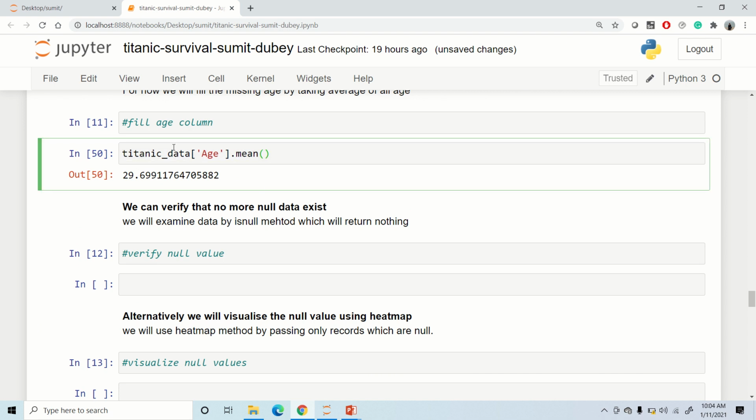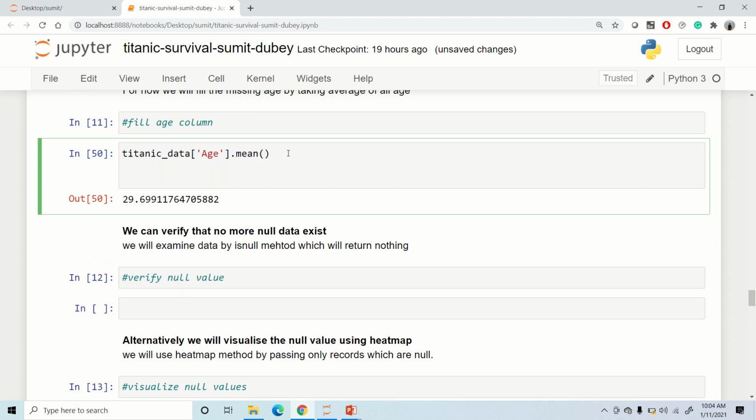Now wherever there is a null value in the age column, I am going to impute that with this mean. The method with which we fill the null values is called fillna. So I'll say titanic_data, I want to fill the null values in the age column, so I'll say age here, and then I'll make use of the fillna method. Therefore I'm going to impute this using the mean.